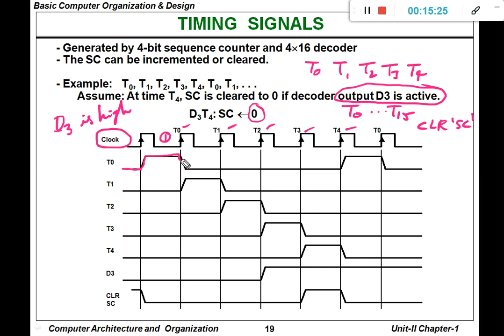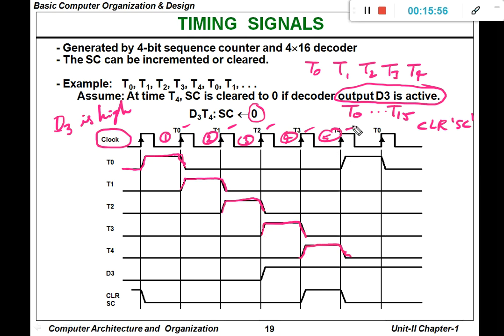T0 operation has been completed, and in the second clock pulse, T1 operation is completed, and in the third clock pulse, T2 operation is completed, and in the fourth clock pulse, T3 operation is completed, and in the fifth clock pulse, T4 operation is going on.